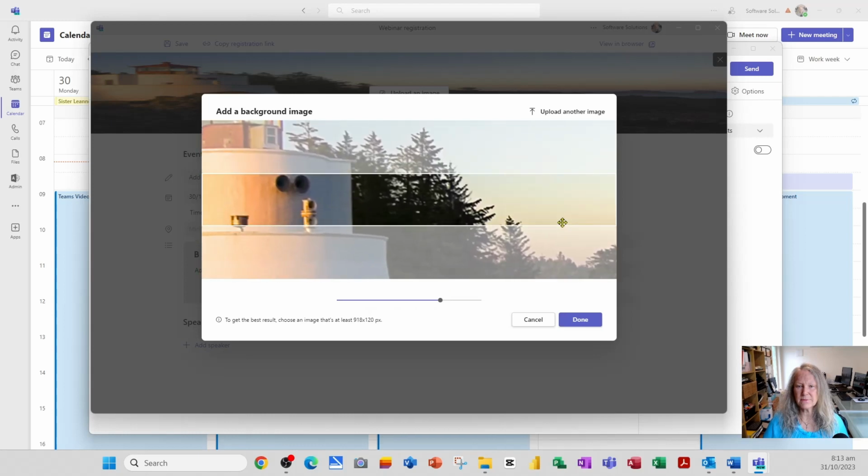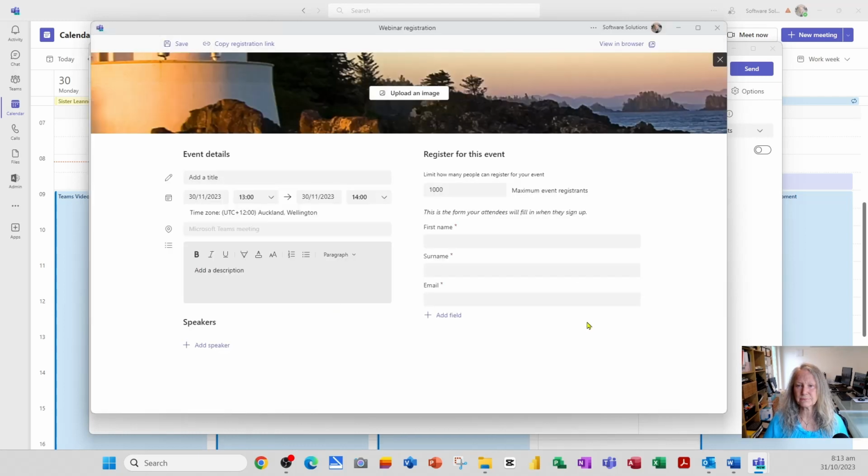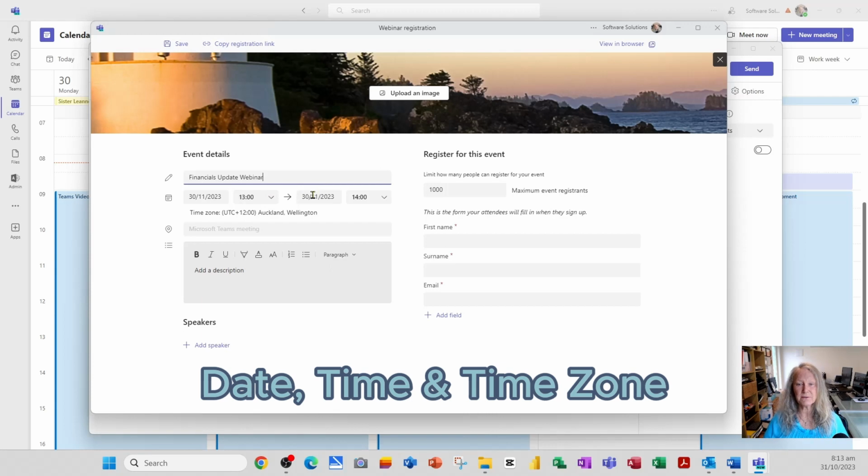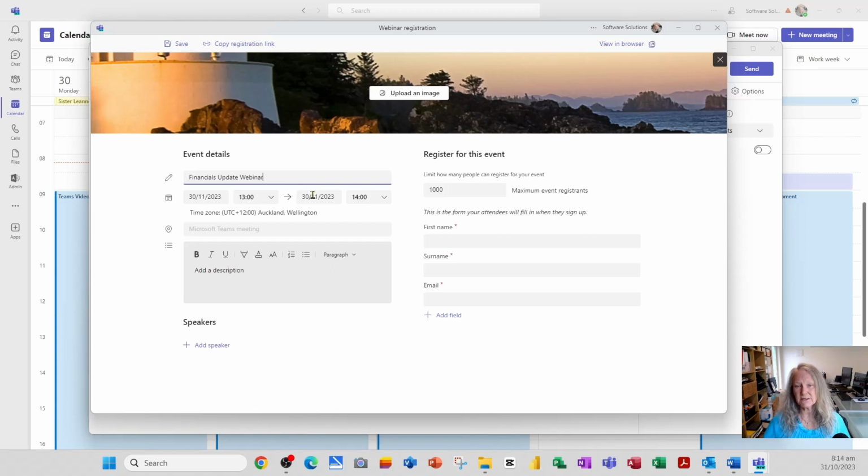Zoom in a little bit. Done. Next thing I want to do is add a title. So I've added a title. It's pulled through the date and the time that I chose in the scheduling assistant, and it's recognised the time